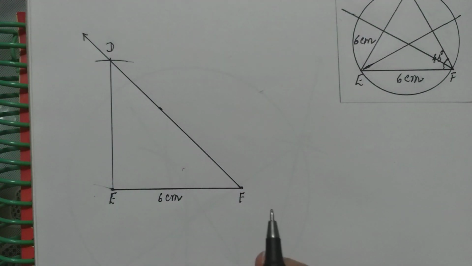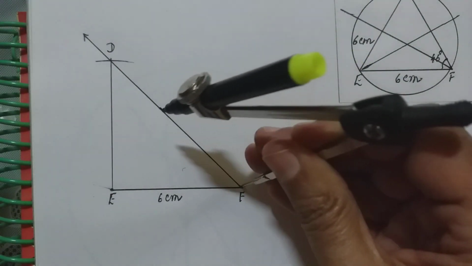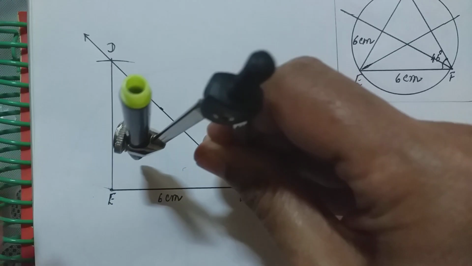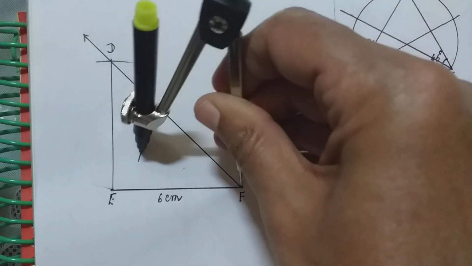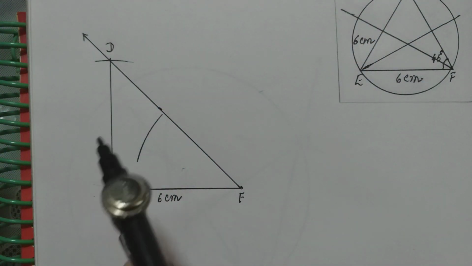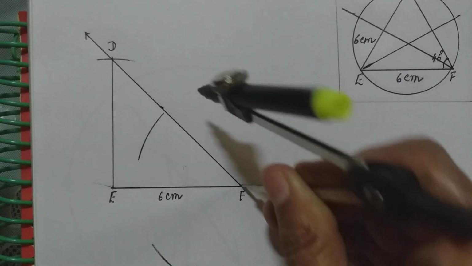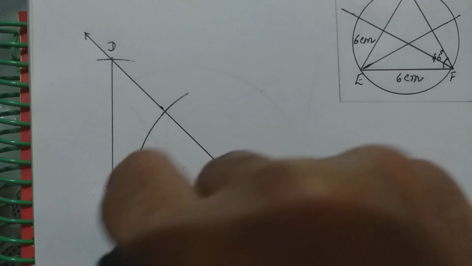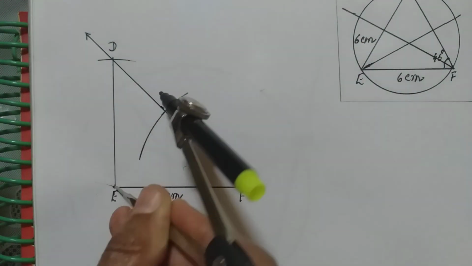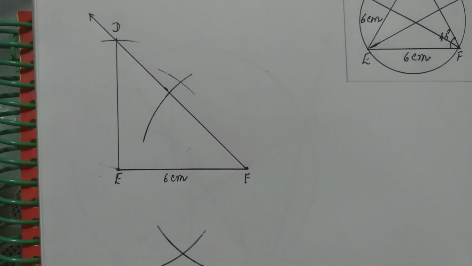Triangle DEF is constructed. Now we have to draw the perpendicular bisectors of any two sides of the triangle. So first we will draw of EF. We draw a pair of arcs above the side EF and below the side EF from the vertex F, and now from the vertex E. From vertex E, this should cut it, and now below here. Okay, so they have cut each other.